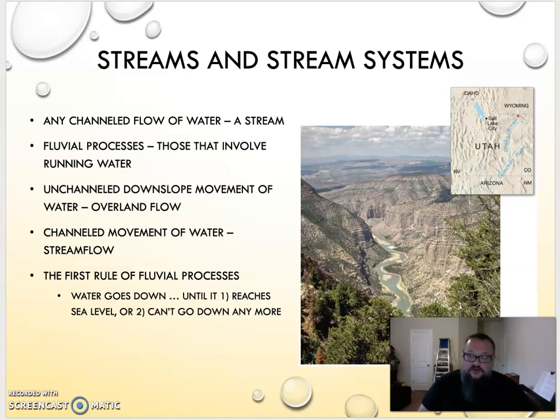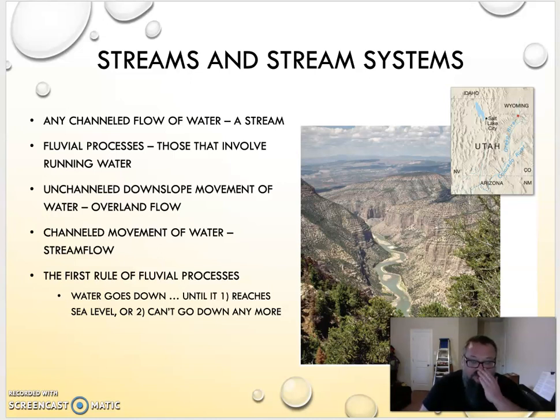Well, how far does water go down? Well, it goes down until it either gets to the sea, right? So water that falls here in San Antonio may make its way into the Guadalupe River and may eventually make its way down into the Gulf of Mexico, right? To where it gets to sea level, and it can't go down anymore. Or number two, it goes down until it can't go down anymore. Well,